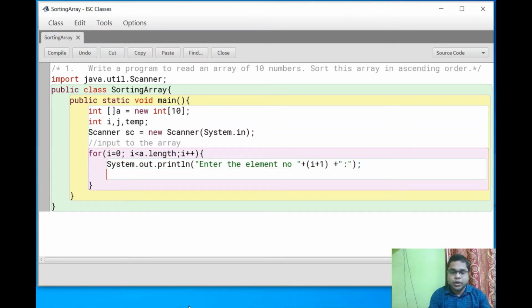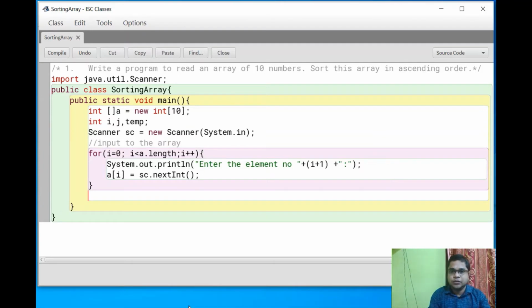That's it. Now we have to store the data in my array, that is a of i equals sc.nextInt. This ends my for loop.